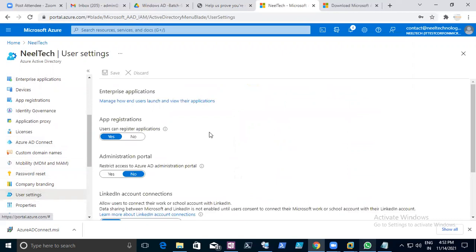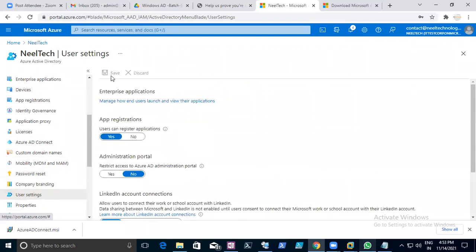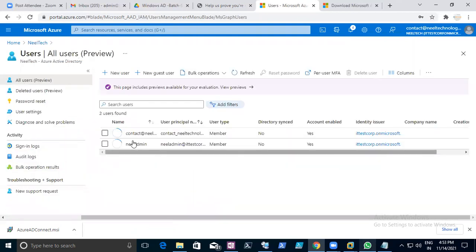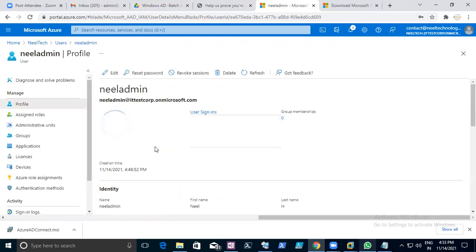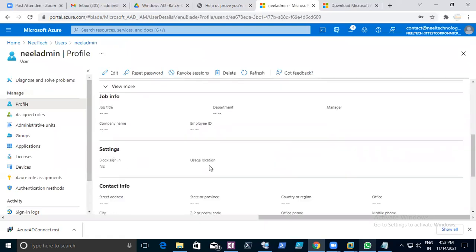Many things have been changed. Yes, have to find it. Some services. Okay, here select this Neil admin, and you have to select for setting this setting. Okay, in the settings, edit.